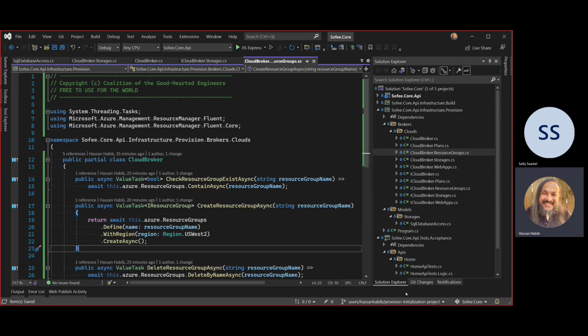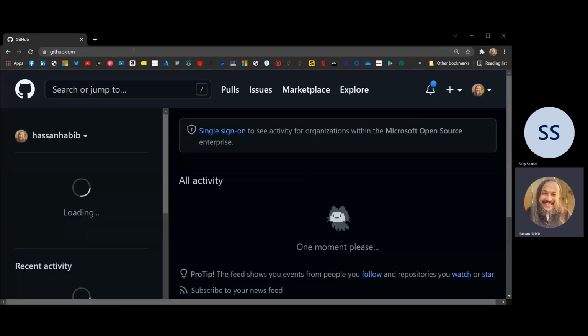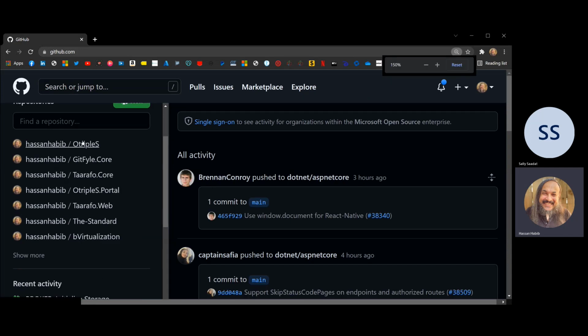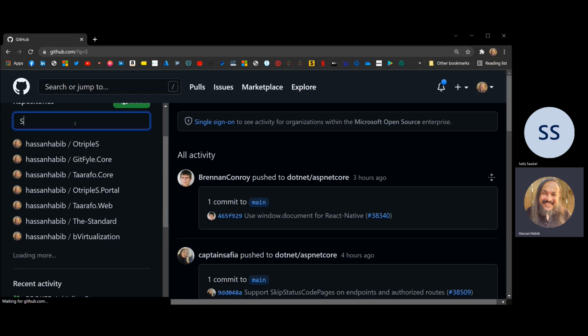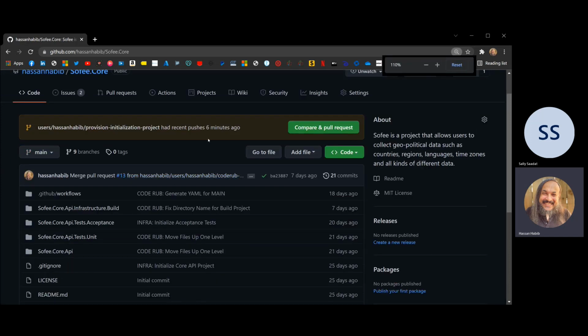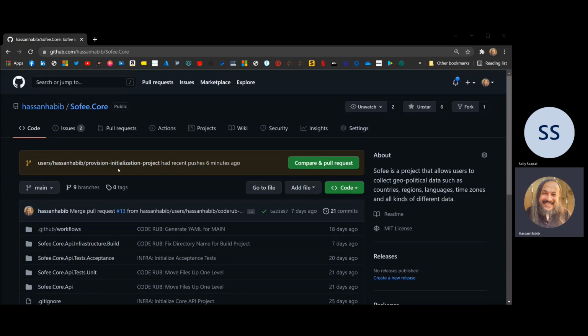Okay, so for the people watching us, this code has been pushed to this branch. It's users Hassan Habib slash provision initialization project. Feel free to go there, check it out, check our changes. I made sure it's commit by commit, so you can very simply and easily go and track what Sally and I have been working on. I expect probably a couple more sessions and we'll be done with provisioning. And then we can start talking about building functionality, right? And there will be some interesting sessions where we actually hook up our